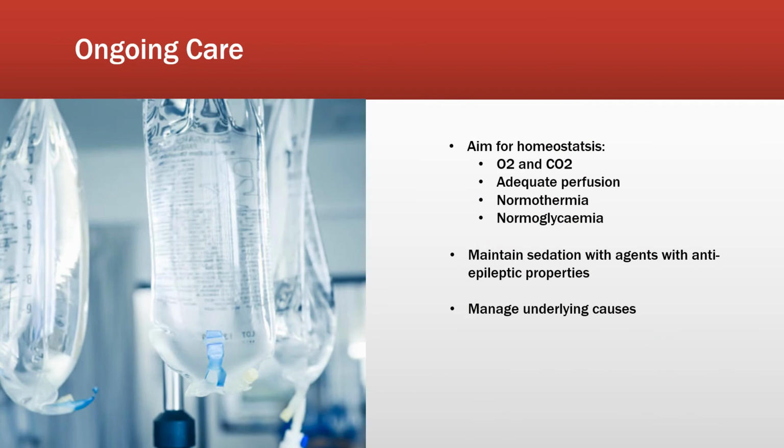And finally, in terms of the ongoing care of the patient, either in or post-status epilepticus, it's essentially going to be centered around achieving homeostasis. And that involves providing O2 or ventilatory support, maintaining adequate perfusion with fluids and vasopressors if they're needed, replenishing depleted glucose, and actively cooling any significant hyperthermia that's been generated through repetitive seizures.